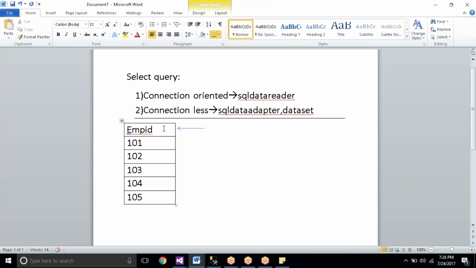What is a header row? Heading, right? The table heading, Employee. What are data rows? They contain the data. From where do the data rows start? From 101, right? So whenever you execute with the help of the SQL data reader, the first time it will be pointing to the header row.